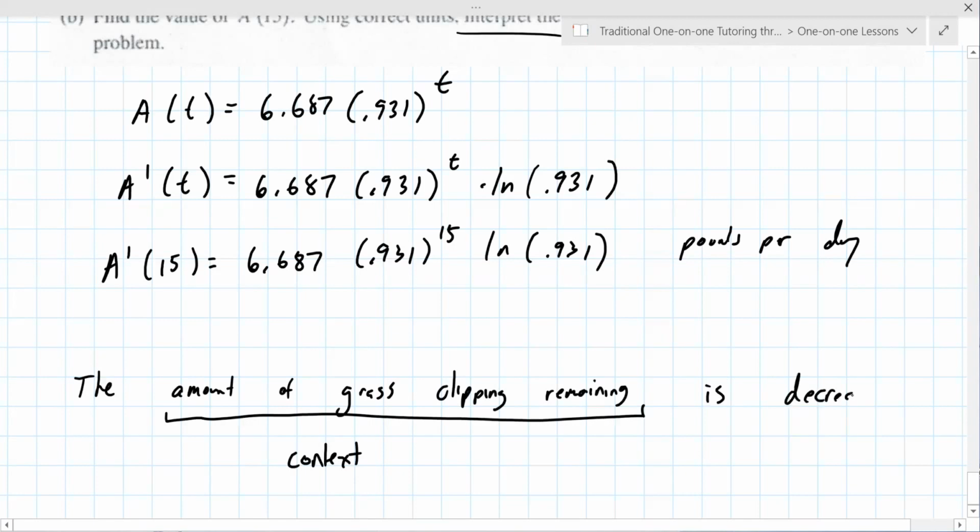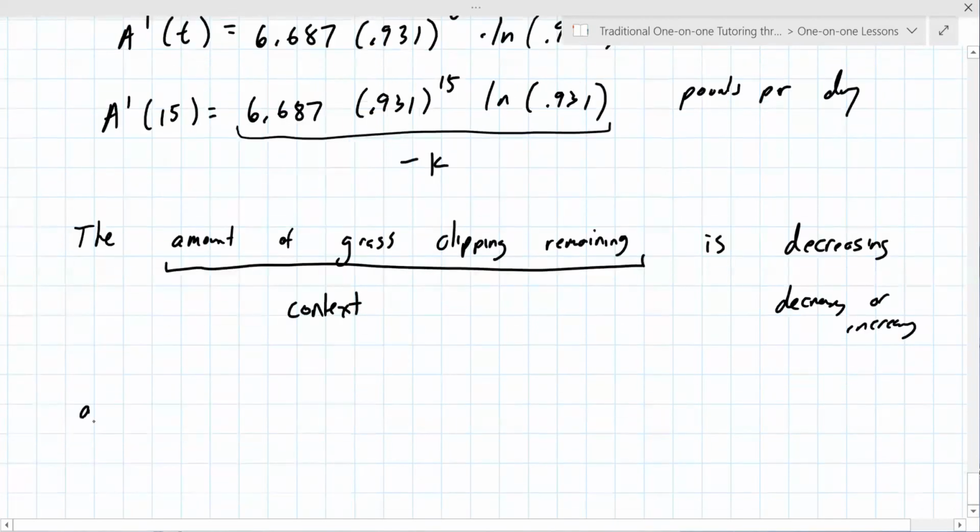In this case, I know that it's decreasing, but you can get this number. It's going to be, I'm just going to call it negative k. I don't know what it is, but it's going to be negative. You either select decreasing or increasing, at a rate of,